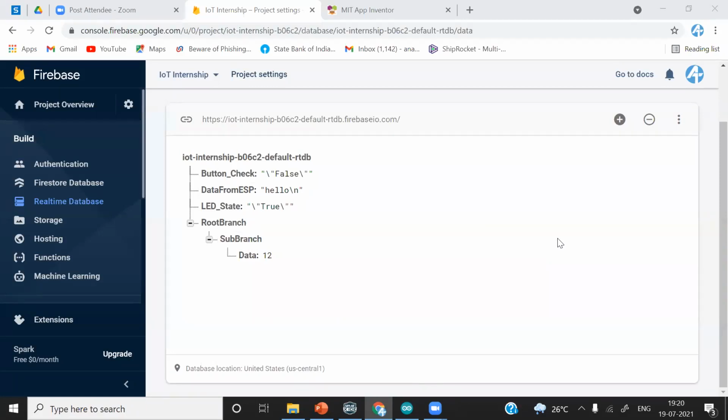Firebase works on JSON format only. That is the reason we have to put the data in JSON format. There are other clouds available where you can put the data in tabular or query format, I think.